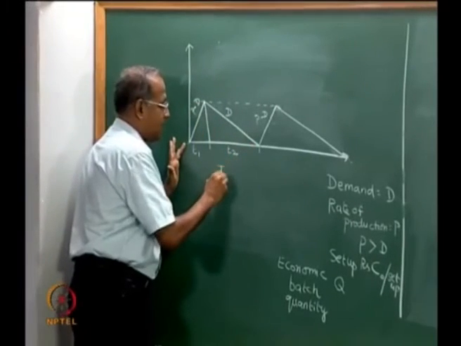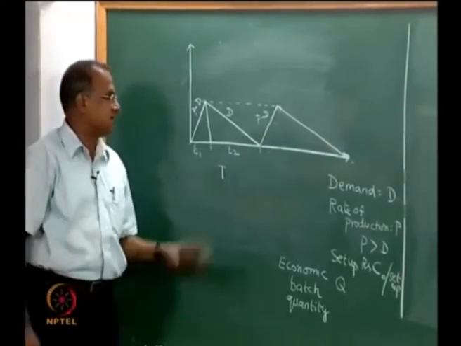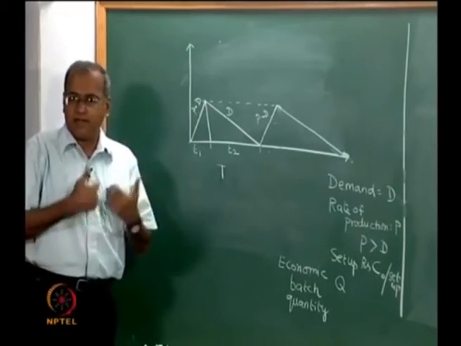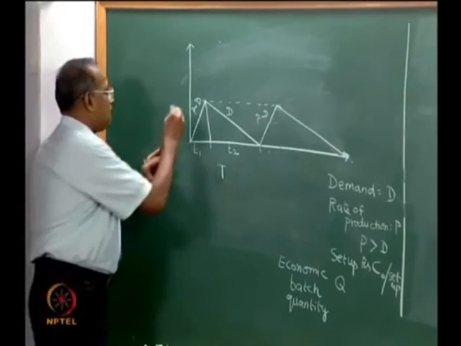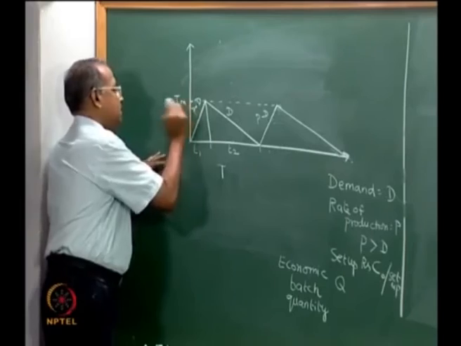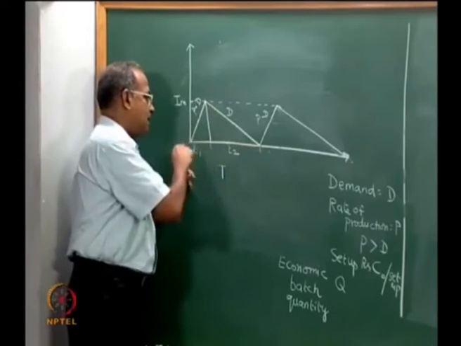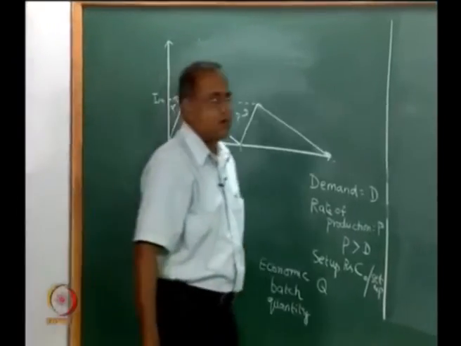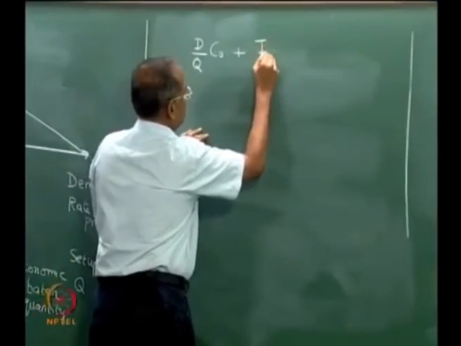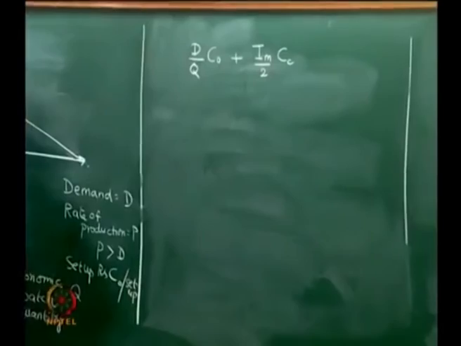Now this is the total setup cost, plus there is going to be an inventory cost associated here. Now this is the cycle starting from 0 to a cycle T, which is T1 plus T2, another cycle. So the total inventory in the cycle is the area under the triangle, and the average inventory will be the area under the triangle divided by the base. Let us call this quantity IM, which is the maximum inventory that we have built. So the area of the triangle is half into IM into T, divided by T, which is the average. So the average inventory will be IM by 2, and the inventory holding cost will be rupees Cc per unit per year.